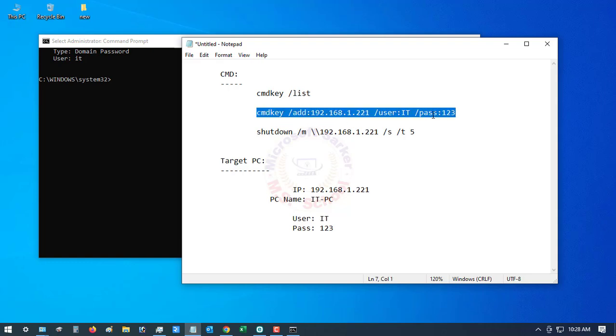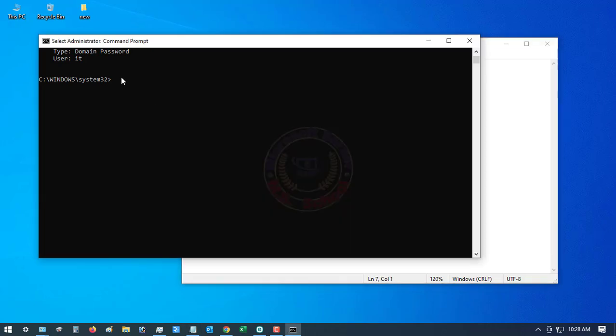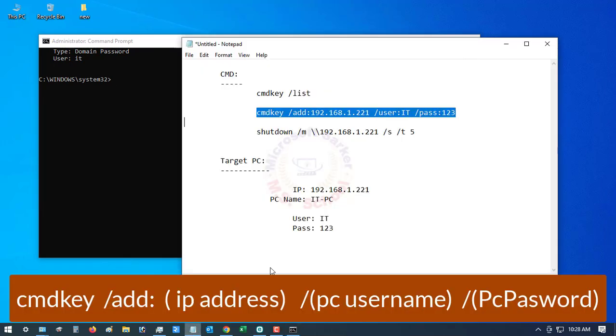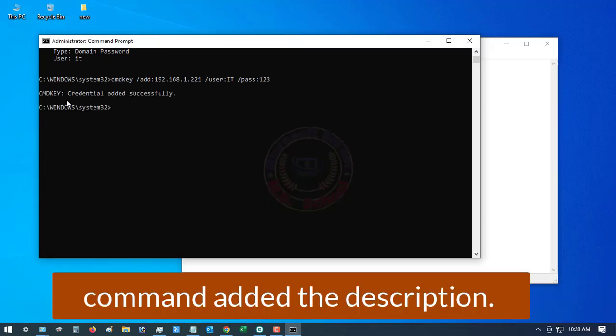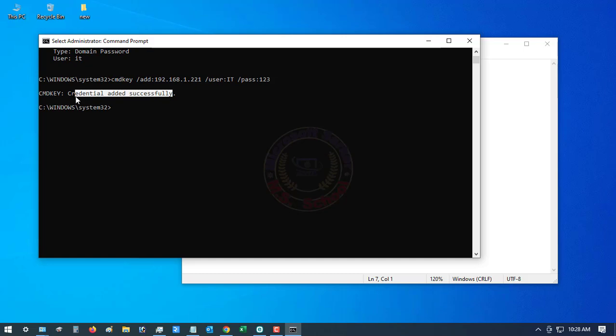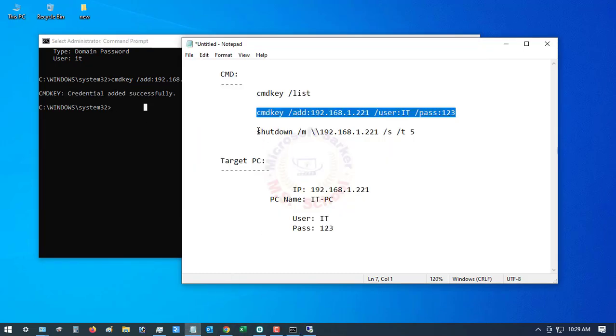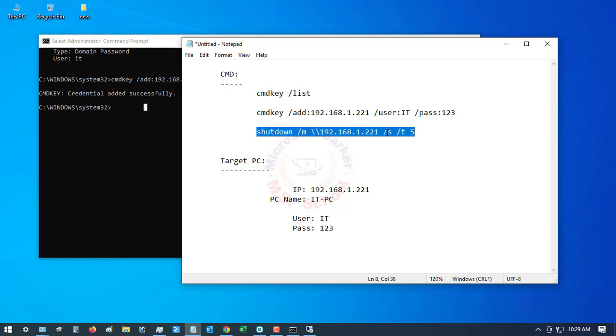Now type cmdkey /add, IP address/username/password. Credential added successfully. Again, type the command shutdown /m \\IP